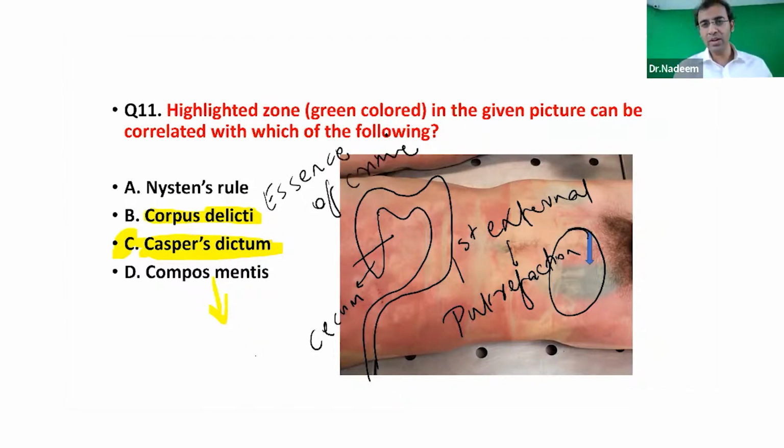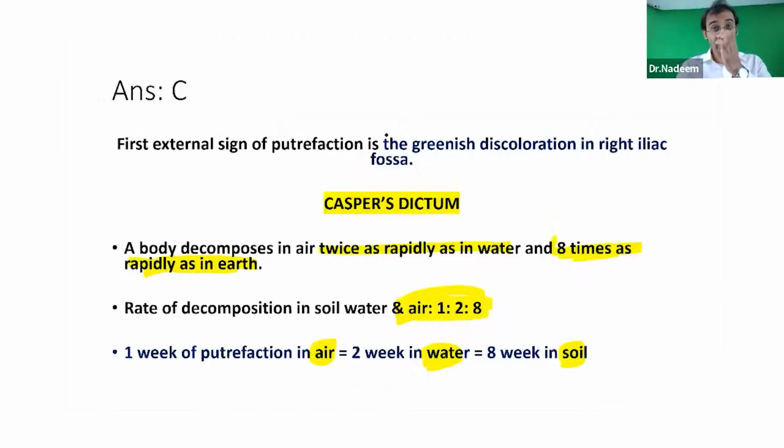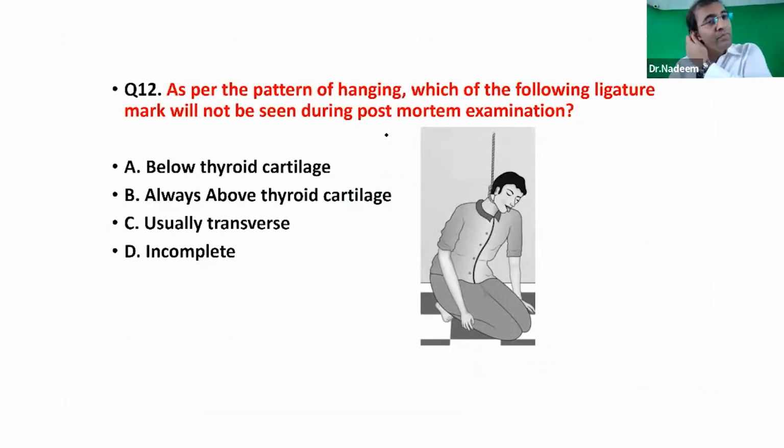Next, Nysten's rule we have applied in rigor mortis. First of all, externally there will be involvement of eyelids, eye muscles. Rigor mortis, Nysten's rule. Next, as per the pattern of hanging, which of the following ligature marks will not be